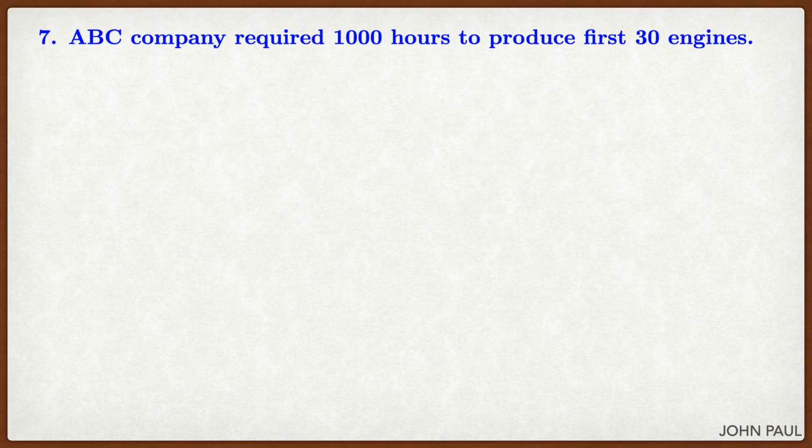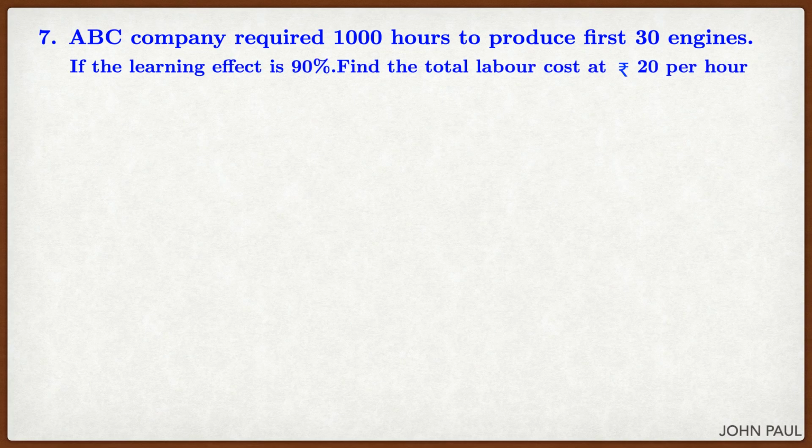Seventh problem. ABC company required 1000 hours to produce first 30 engines. If the learning effect is 90%, find the total labor cost at rupees 20 per hour to produce total of 120 engines. Solution: